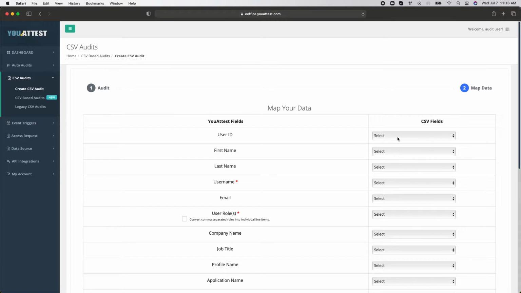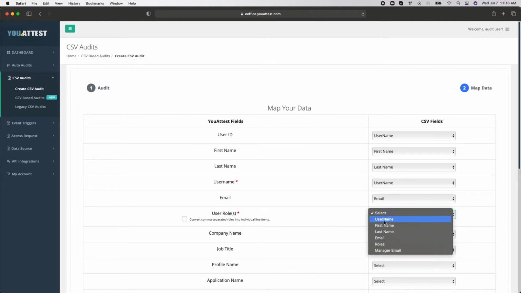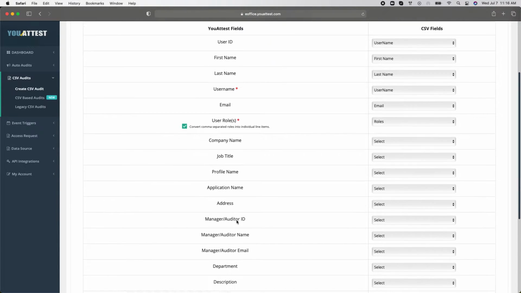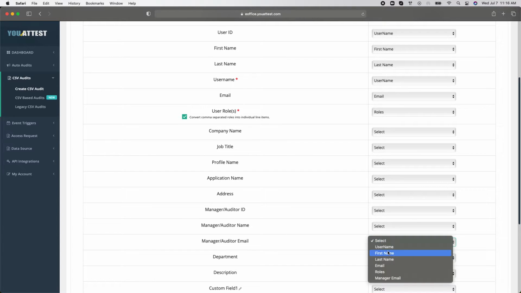Now we're going to click next, go through the same process as before, just mapping it first, last name, email, and so on. And the reason why right here I'm clicking roles, convert comma separated roles, is because each of these users have multiple roles within one cell. But once we finish doing this,